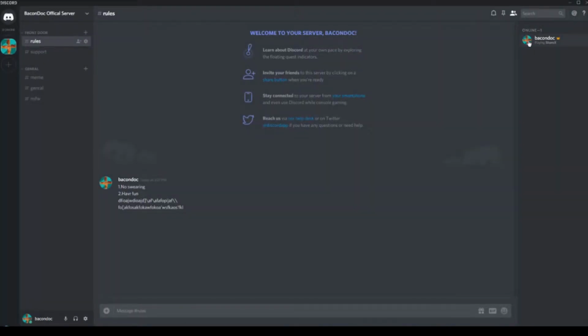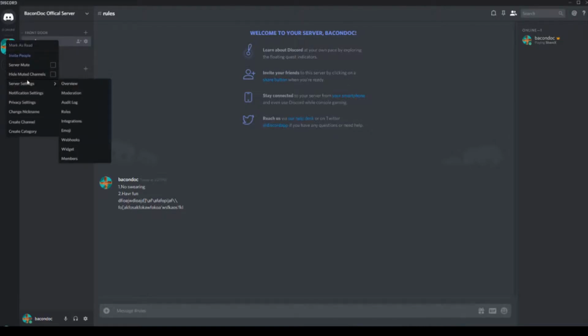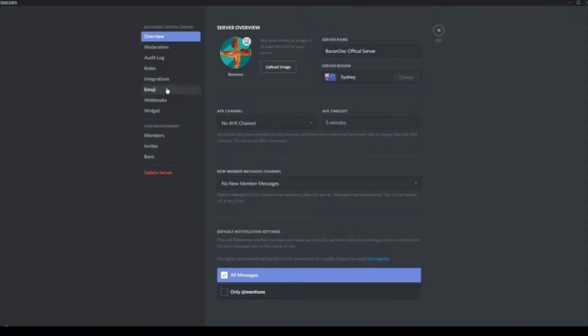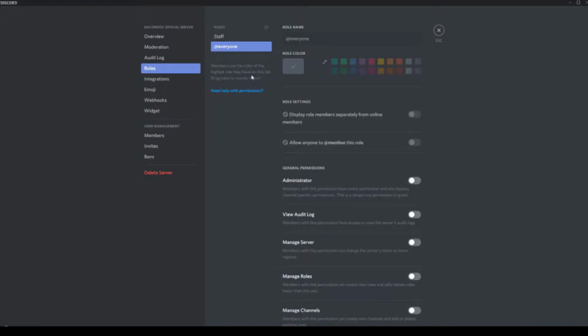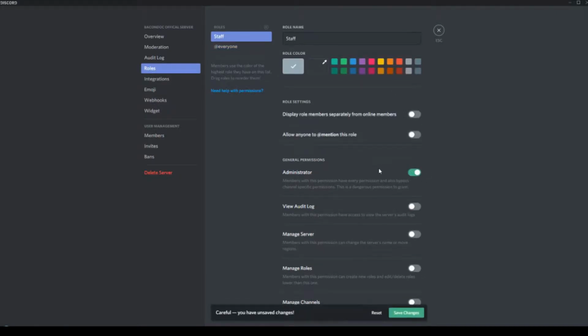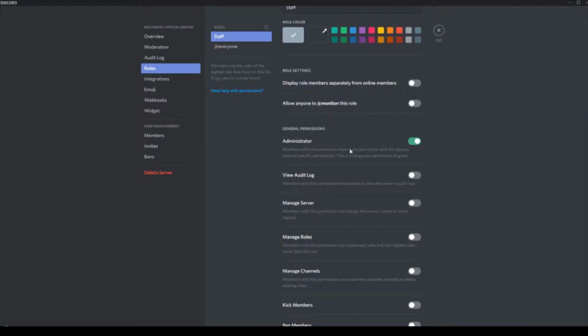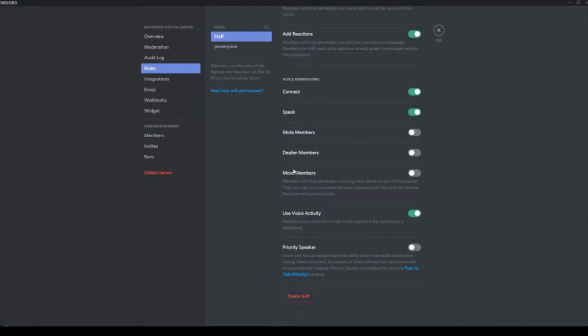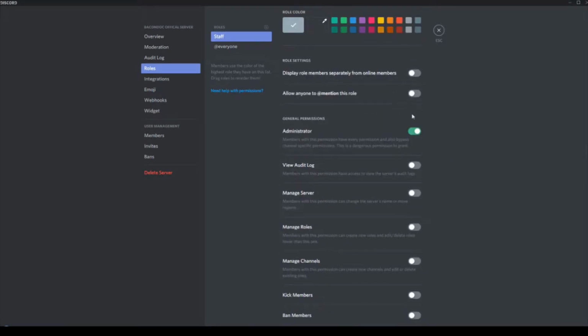So if I go back out, because I'm owner or if I have the permissions, I can right click on someone, click roles and give them that role. So if I click staff on me, then I will have that role now and any permissions it grants me. So if I want to make a staff, I need to give them administer. Administer basically means they can do everything on the server. So if I click administer, they have access to everything below. But for the sake of this,